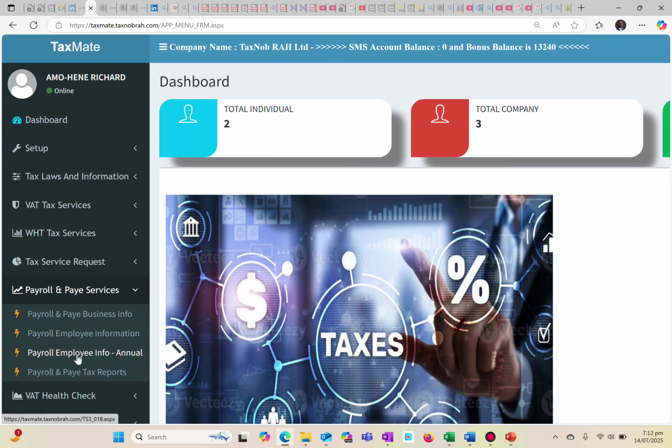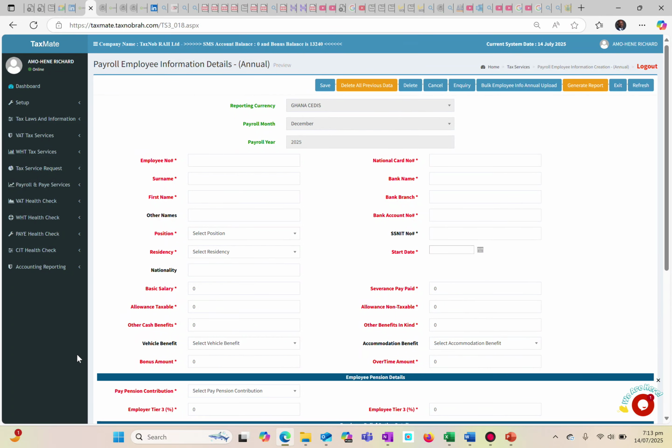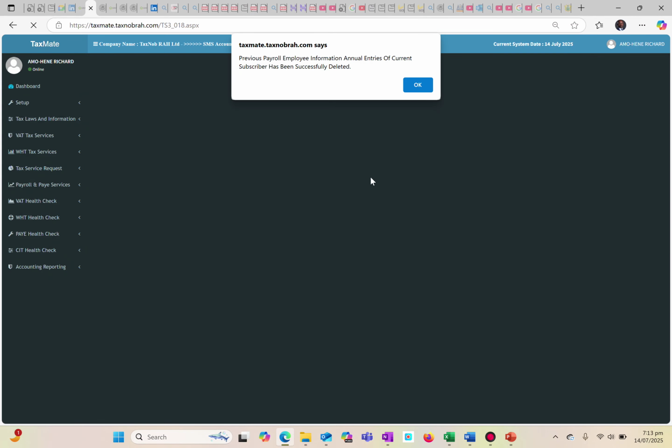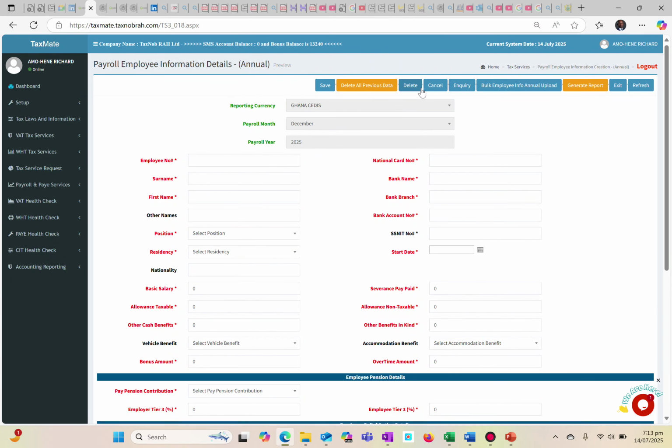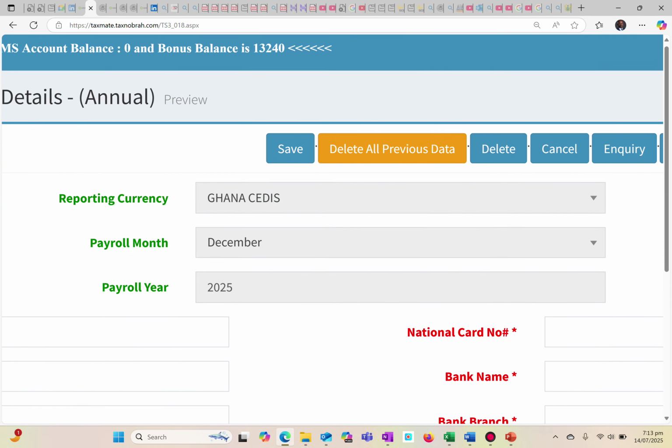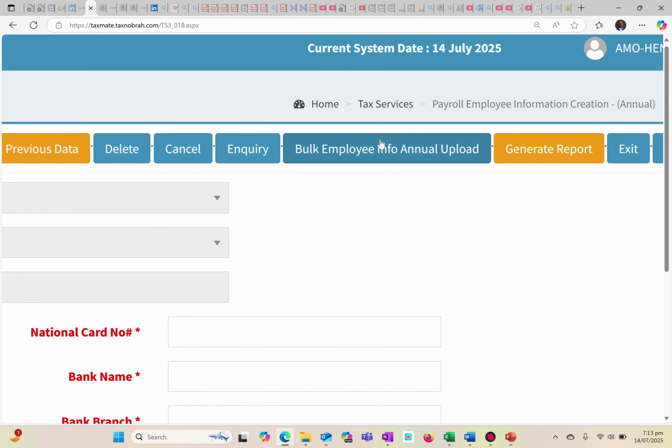So payroll, employee information, annual. We click that annual. We are going to use the annual. So we have it over here, and always you start with delete all previous data, because there might be some data sitting in there. Delete it, and then you can have a clean page to start with. Having done that, you click